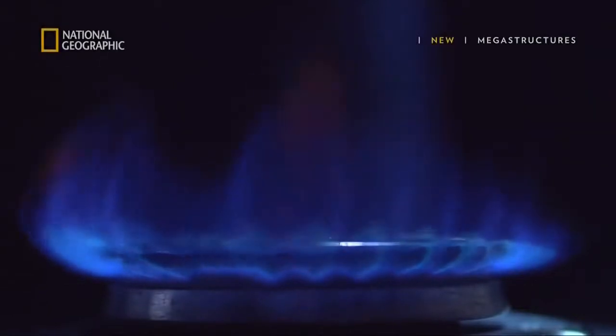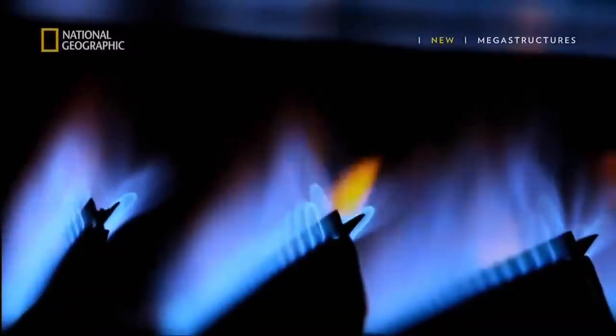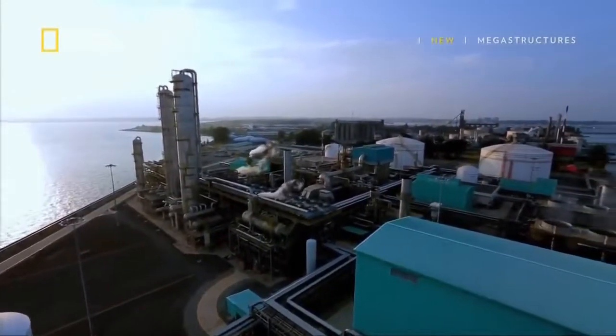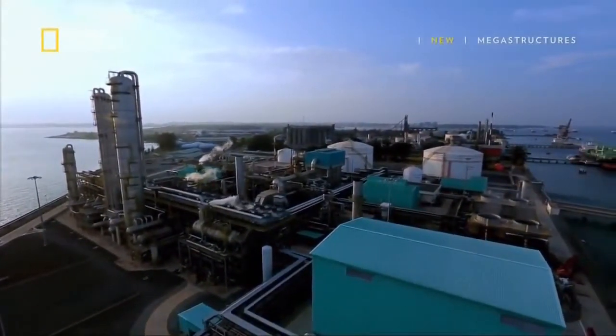Volatile and highly flammable gas. To make natural gas safer to work with, massive processing plants on land will first cool it to a negative 162 degrees Celsius,